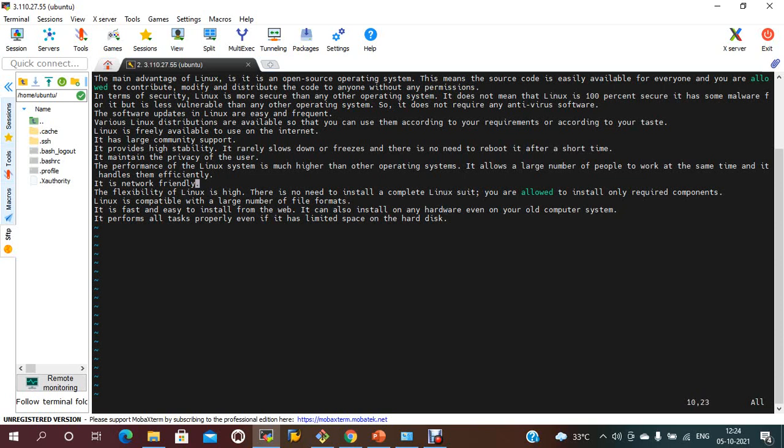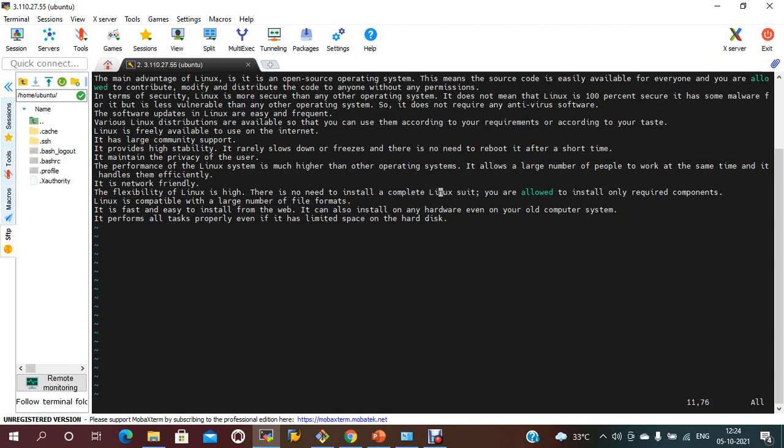If you press j, the cursor comes down. If you press h, the cursor goes left. If you press l, it goes right.